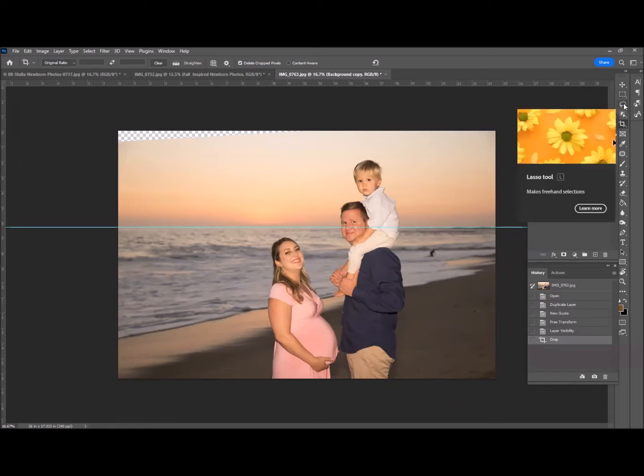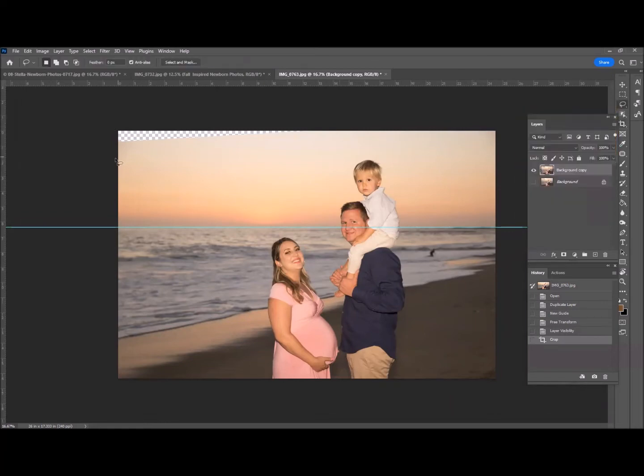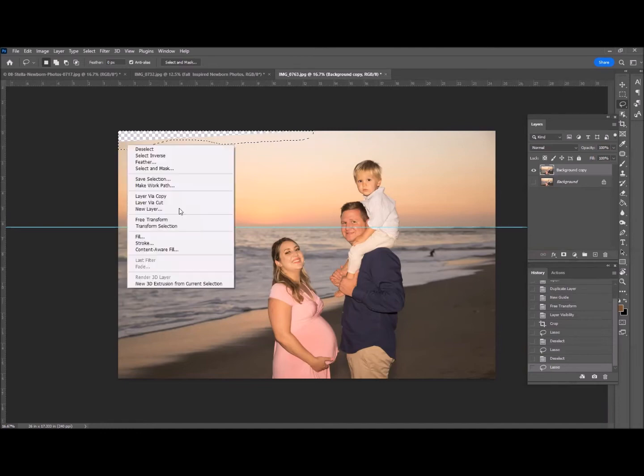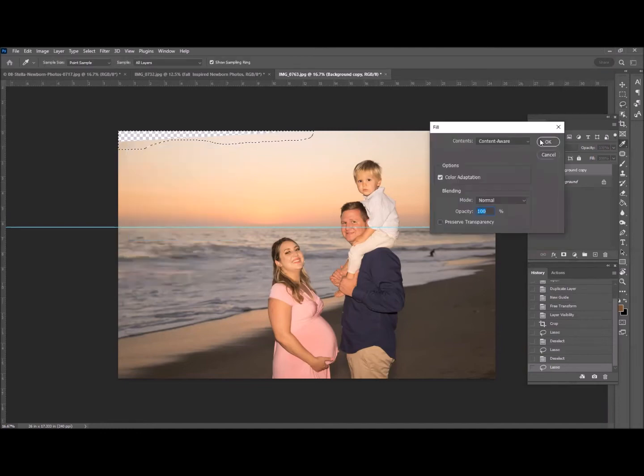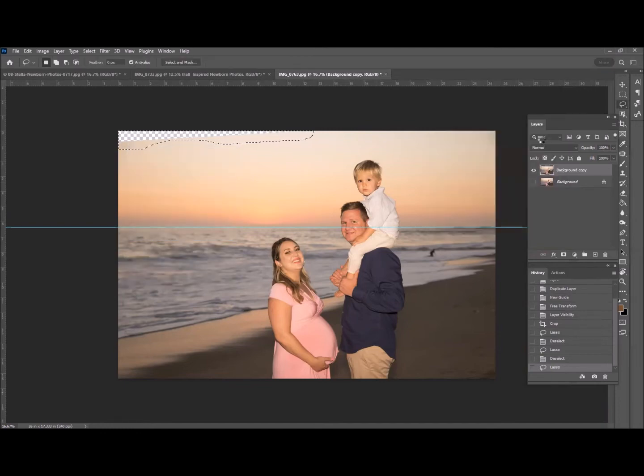And I can come in with, usually I use the lasso tool for this, and select this corner. And we'll go ahead and do a content aware fill again. Same thing we did before, but it's a different space, but that's pretty seamless, especially with a sky like this where there's not a lot of detail. That's a really easy extension or fix of